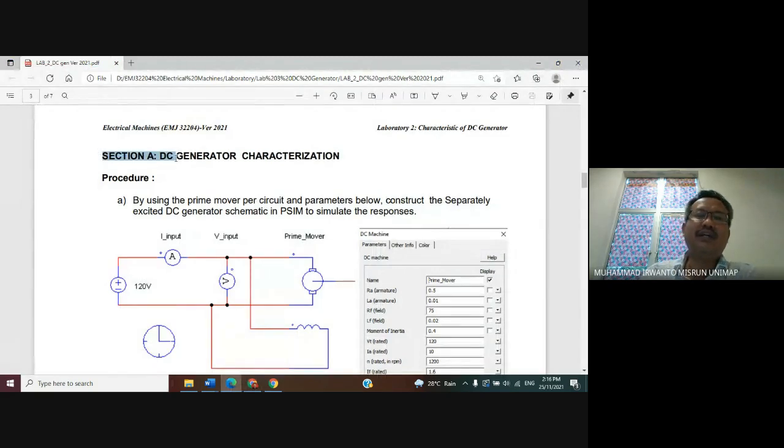Now for session A, we want to simulate the DC generator characterization. We follow our procedure. A, by using the prime mover circuit and parameters below, construct the separately excited DC generator schematic in PSIM to simulate the response.